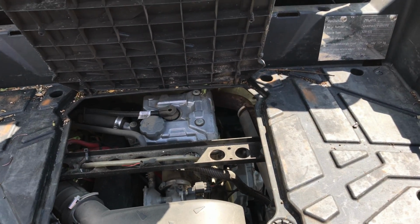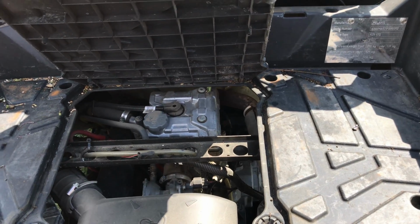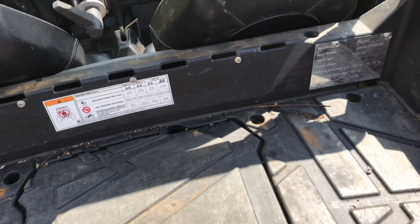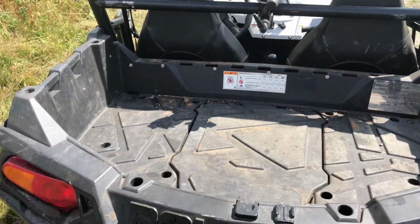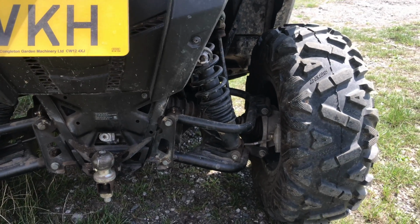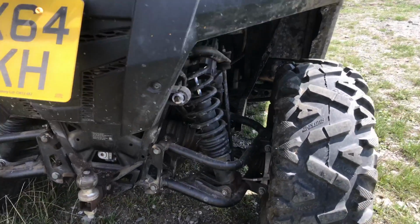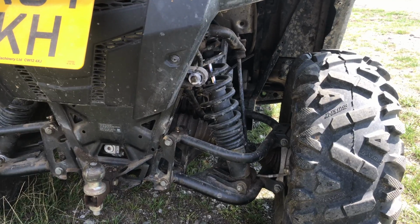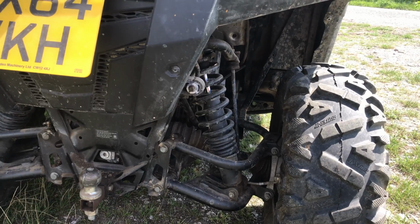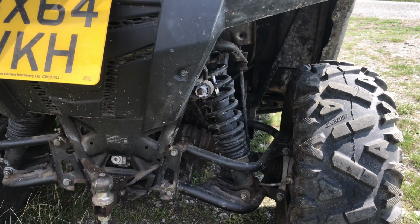The 570 single, Polaris' own engine, the ProStar, makes about 40 horsepower. Everything about it is simple. Rear suspension, very simple, not a lot to go wrong. Grease them grease nipples up on the wishbones. You'll get a couple of years use out of the wishbone bushes. Nice simple suspension,